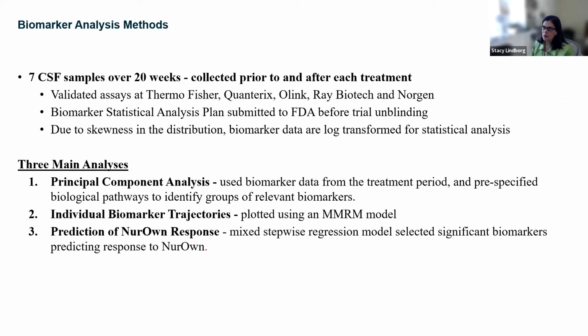It's a powerful visual approach that allows us to see trends across multiple biomarkers. And then we'll go to individual biomarker trajectories across the trial using a mixed effects model. And then lastly, we'll use a mixed stepwise regression model that was used to identify biomarkers to predict clinical response